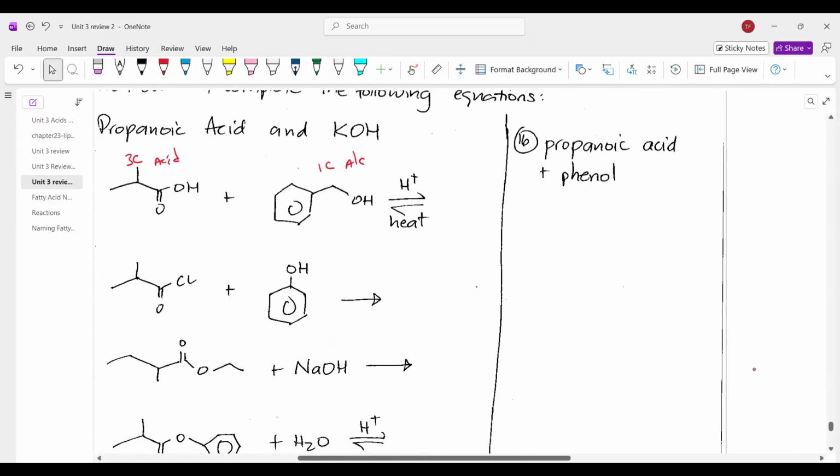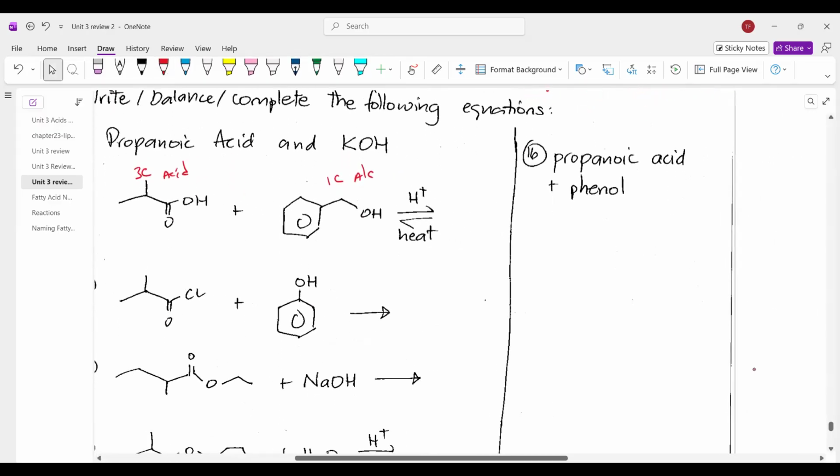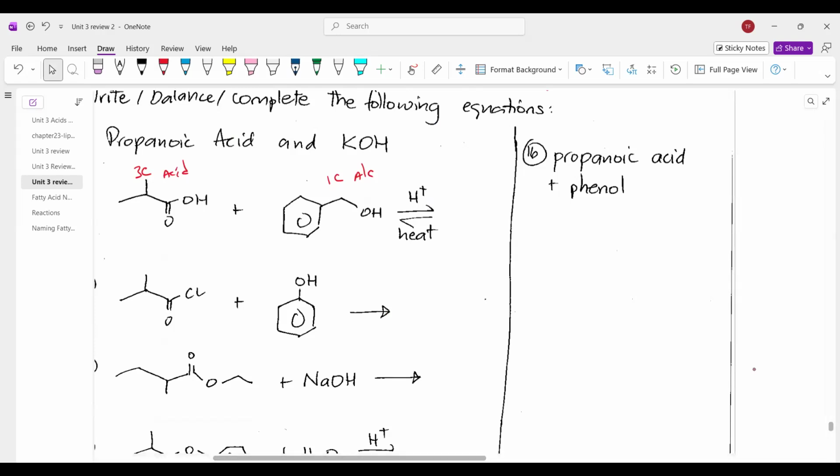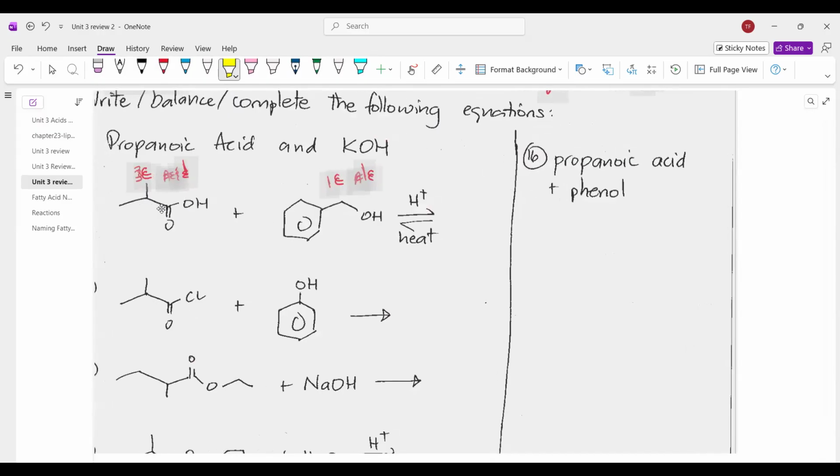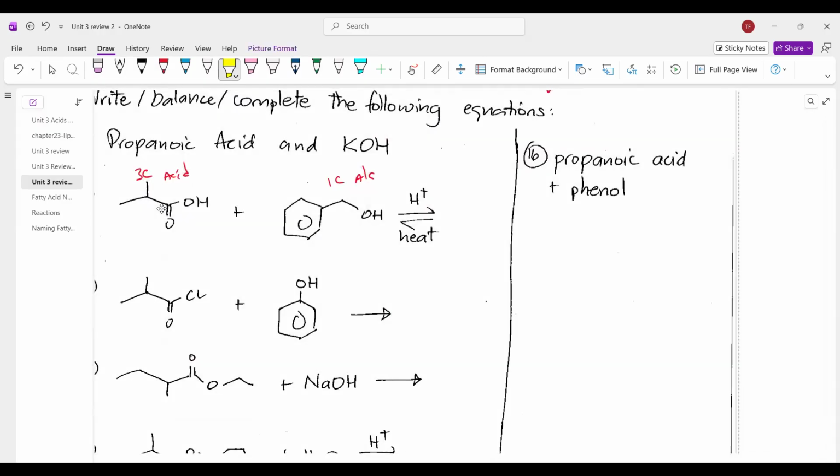And let's do this over here. Okay, so we have the alcohol and the acid. So 3-carbon acid. The branch on carbon number 2. And the alcohol part is going to be